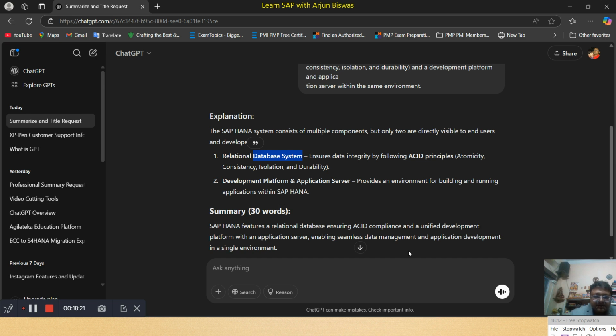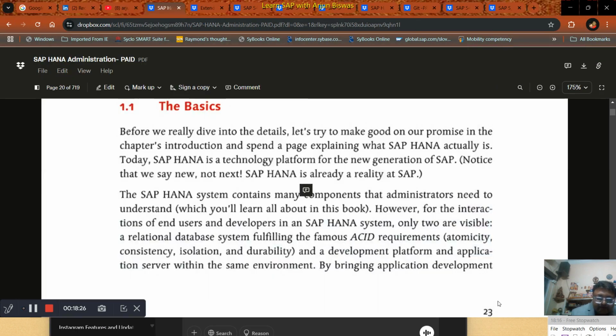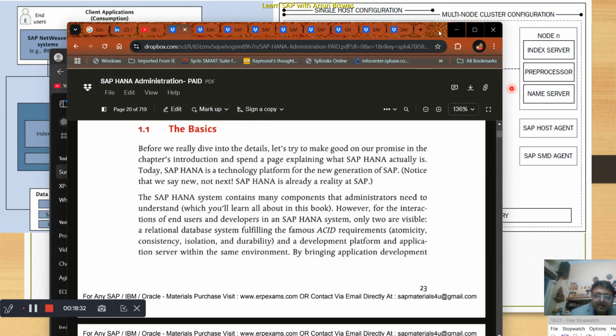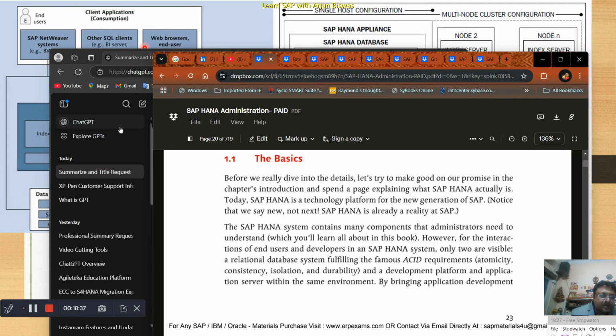So basically, this thing, the XS server, which is here, and if we come here,